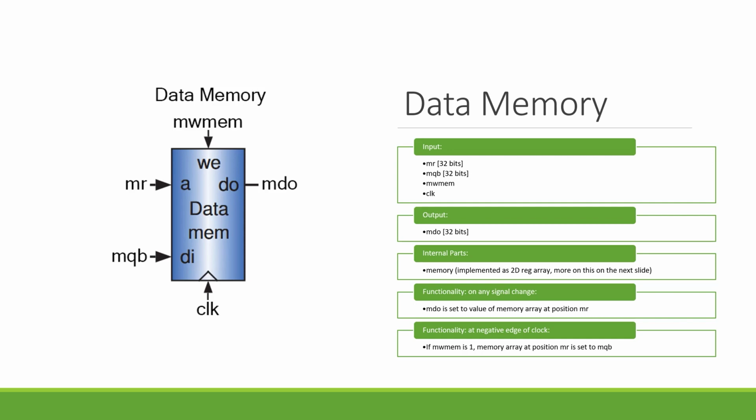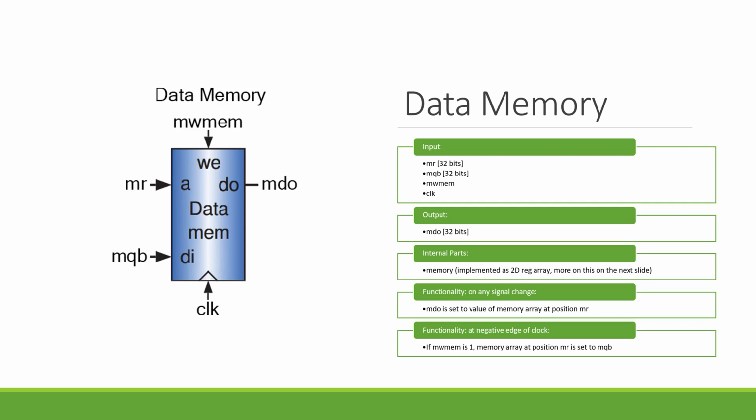The output of this module will be MDO, which is 32 bits wide. Internally, we will have our memory implemented as a 2-dimensional register array. This will be similar to our instruction memory, but there are some differences that I'll cover in the next slide. The functionality of this module is going to be that on any signal change, MDO is set to the value